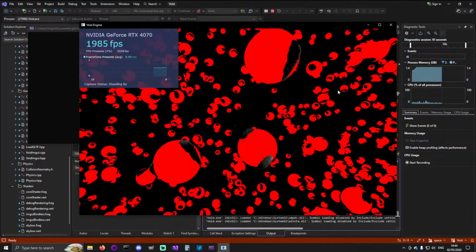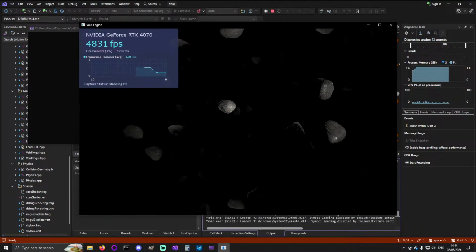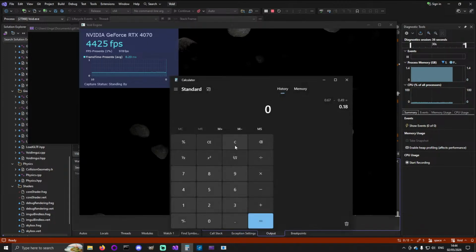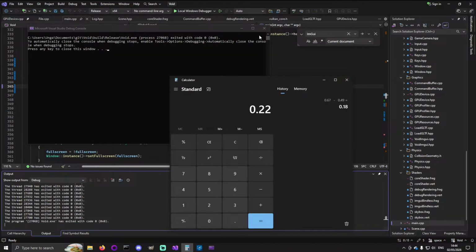So if I turn off debug rendering, we are at... Oh, hang on, I have plugged in my laptop and I didn't plug it in at the wall. So that's what we're looking at, this little number here. When it's just colors, it's at 5,000 FPS. This is just a bit of a bike shed, but it's a fun moment, so I'll just remember that. And when I'm doing no lighting,